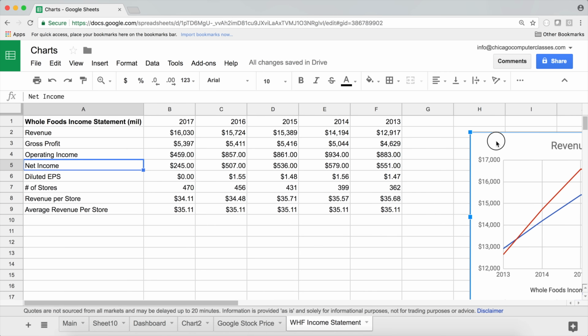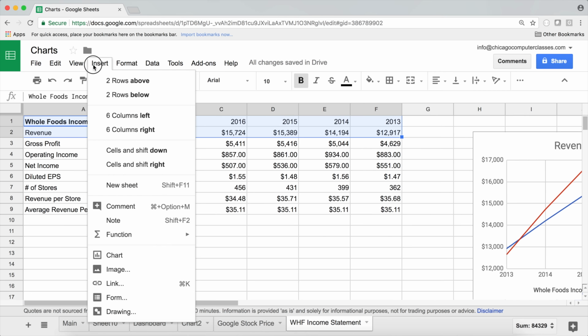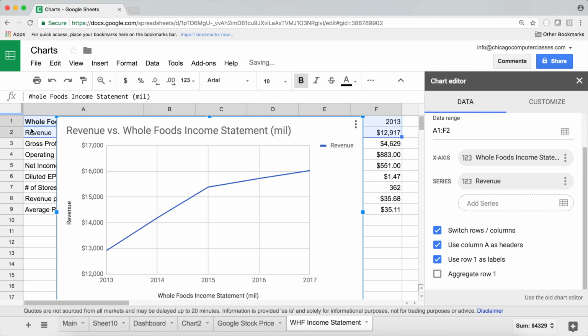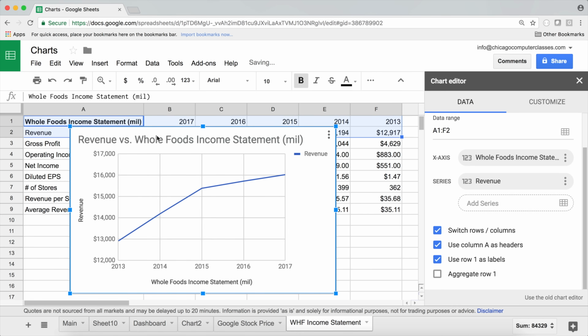So let's put this on the side. I'm going to go ahead and do this. That's my revenue year to year. I'm not comparing it to anything, just to see the revenue year to year. So chart, that's our line chart, shows us over time. So it did a pretty good job just doing the whole thing. So revenue,